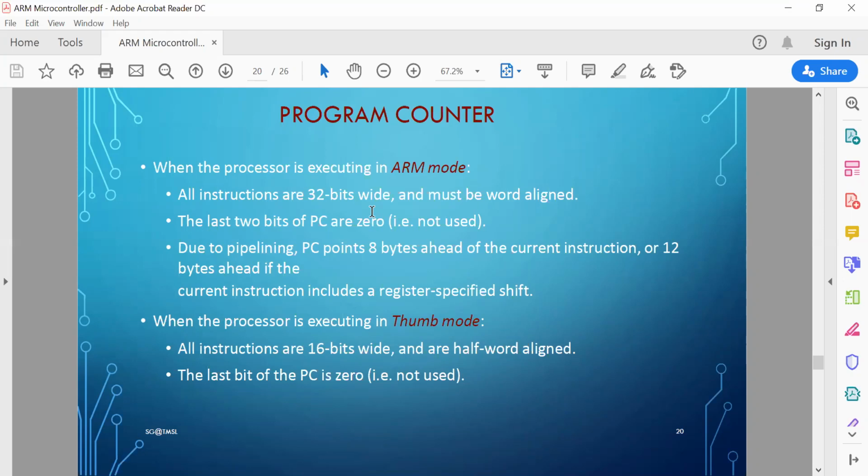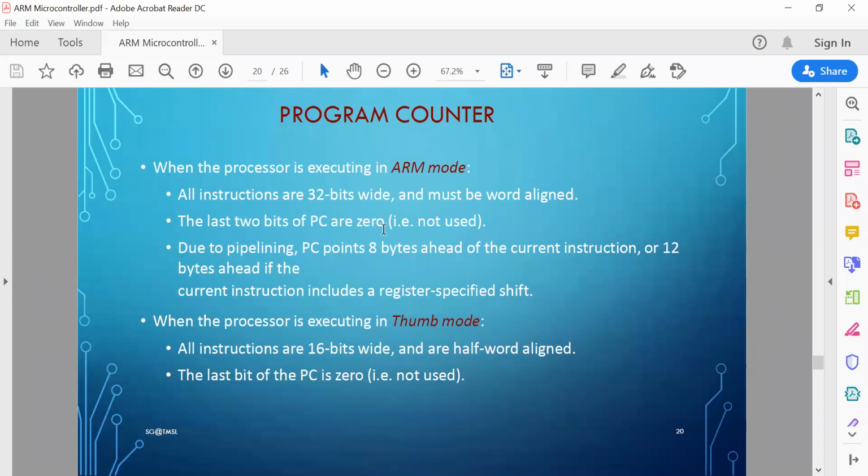Now to have faster memory access, ARM insists on word alignment, and a multiple of 4 means the last 2 bits are 00. Therefore in ARM mode, the PC is expected to hold the address of an instruction whose last two bits are 0.